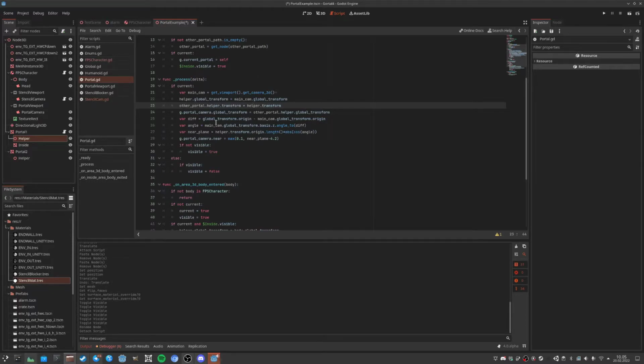And then what we do is we take the portal camera global transform and set it equal to the other portal helper global transform. And this will make it so that the portal camera is now matching up with the main camera's transform. Then what's going on here is actually